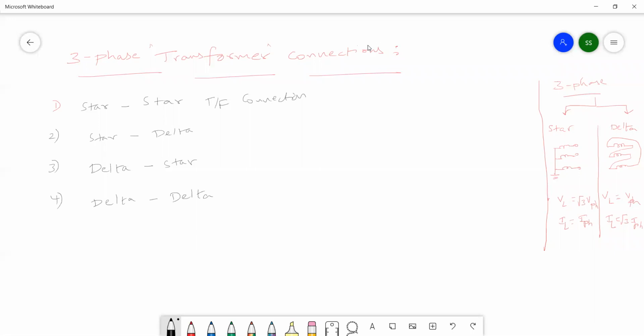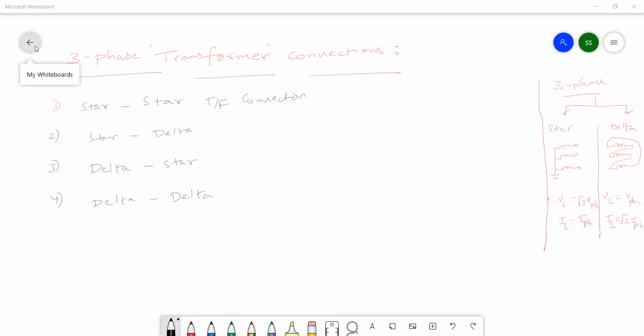Is there any fifth possibility under this star delta for transformer both sides? Right, good. Typing in the chat box. No possibilities, right? Since we have only two configurations and two sides, maximum we can get is 4 only. Either star star, star delta, delta star, or delta delta. There is no other fifth configuration or fifth connection. Now we can go one by one, right?